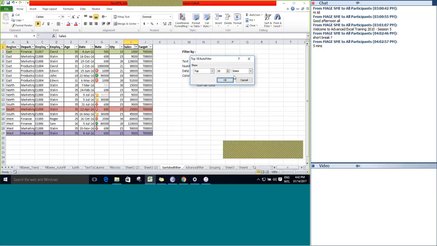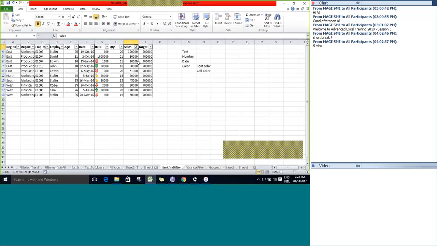Top 10 alone I want to filter. Click OK. You can see that the sales that performed well, those particular row items alone are filtered and displayed to the user. So the top performed sales alone are filtered and displayed.